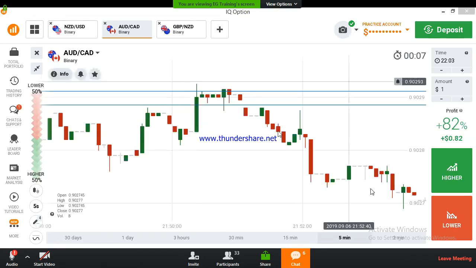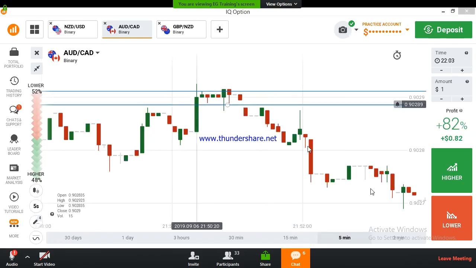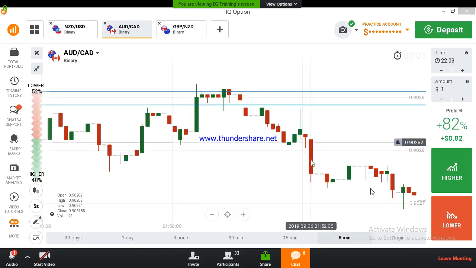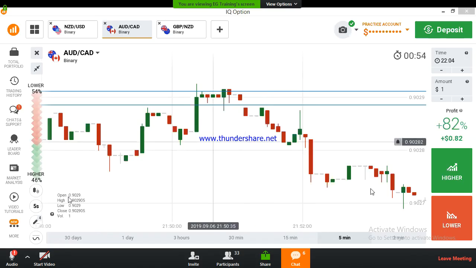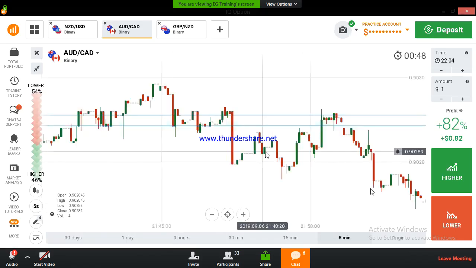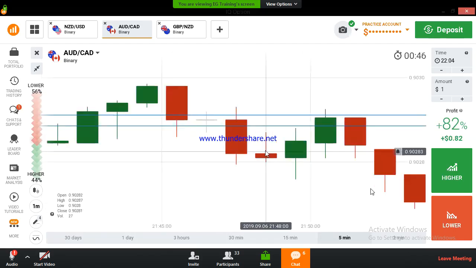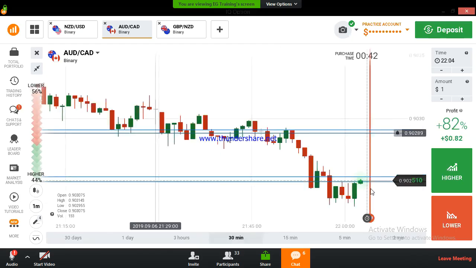A medium candle and a long candle like this. You can't take this type of very strong candle as a confirmation. This is a good confirmation. This is also a confirmation, but it's better to take this type of candle as a confirmation. It closed below the confirmation candle. So mostly it will close below our confirmation candle if you place our trade at the strong level.